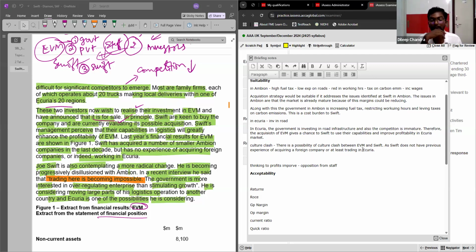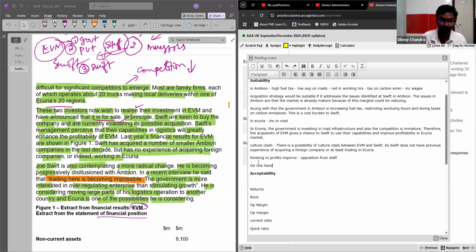Then what else can we write here? Okay, opposition from staff we have mentioned here, right? So, thinking to improve profit. So SWIFT is thinking that using their capabilities, they will improve the profitability. But on the other hand, we are thinking that there can be opposition from staff. See, now what I'll do is,